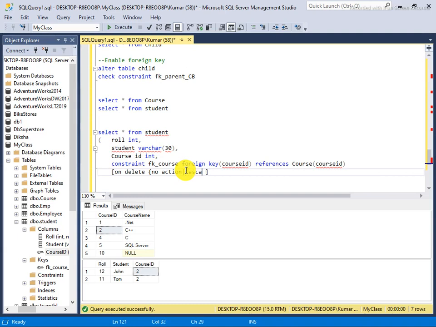Cascade means it allows you what you want to do. That you want to change, update, delete, it will allow. Set null means that when you delete, then in the child table it would be null itself. Set default is a different thing, I will tell later, but for right now know that default means that